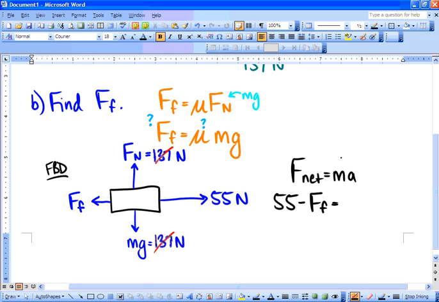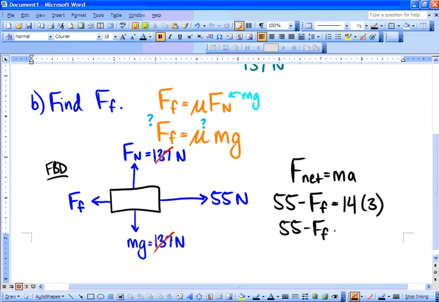and that's equal to the mass, which we know. Mass was 14. And the acceleration of the crate, which we know. That was 3. And if you step back, this is kind of cool. We actually can solve for FF now, not using this orange equation up above, but we can solve for force of friction using F net equals ma, because we knew everything else that was happening to this object. So in this case, 55